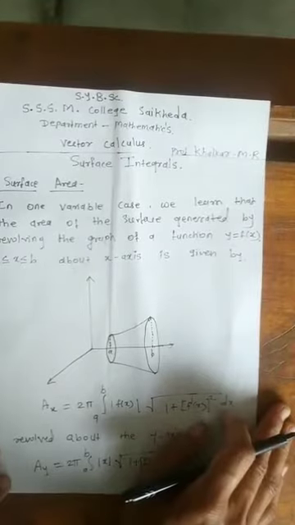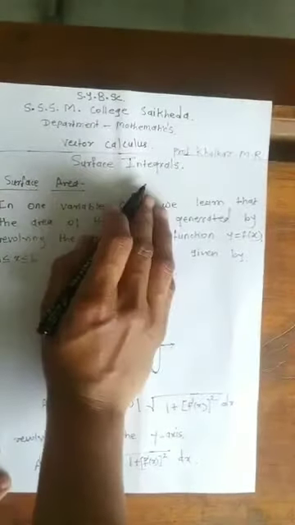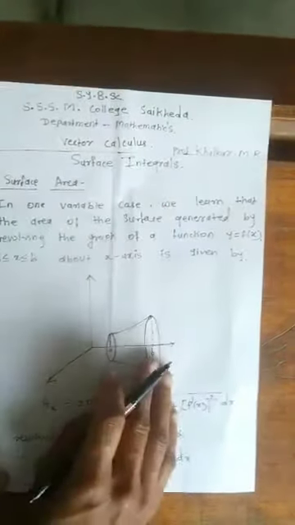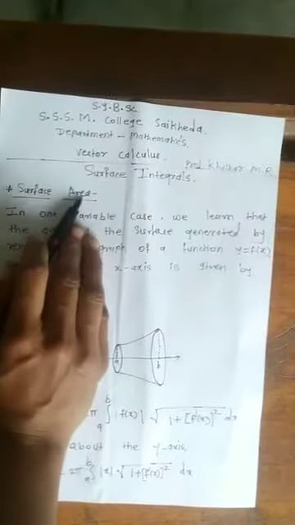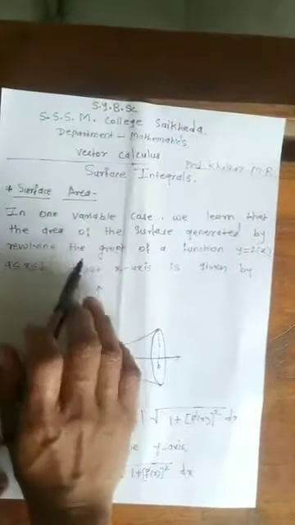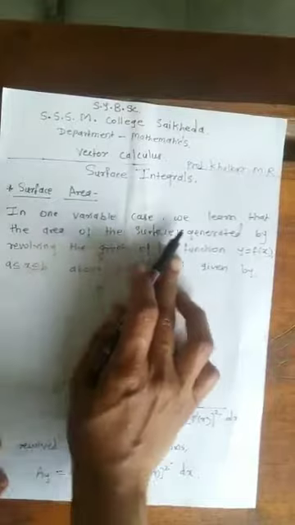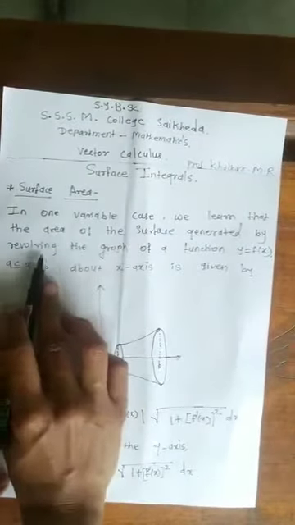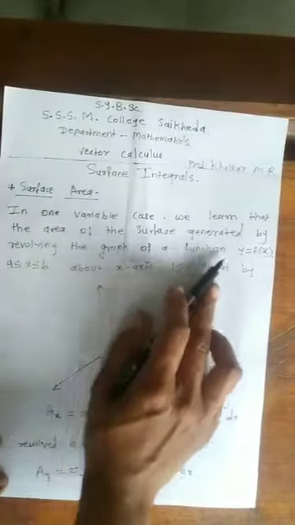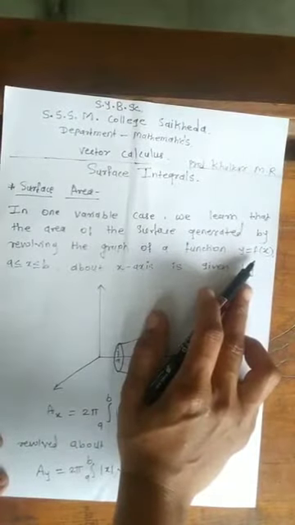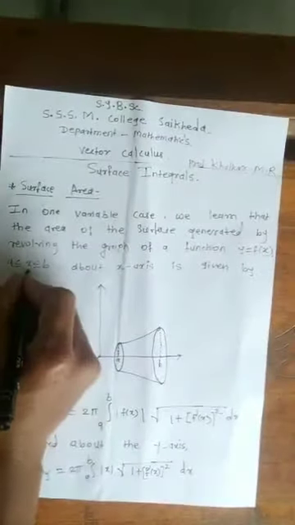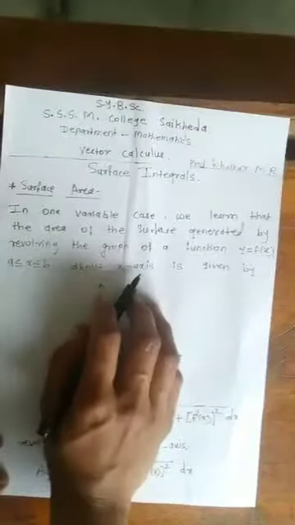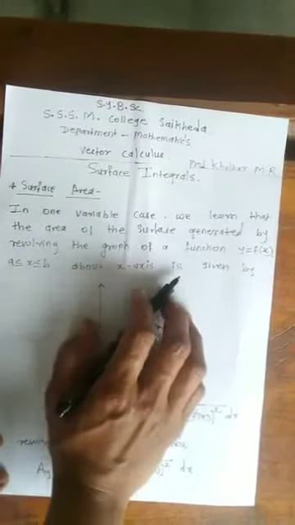Today we are going to study surface integrals. First we see what the surface area is. In the one-variable case we learned that the area of the surface generated by revolving the graph of the function y is equal to f of x, where x lies between a and b, about the x-axis, is given by,